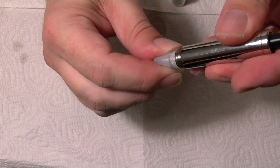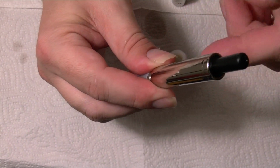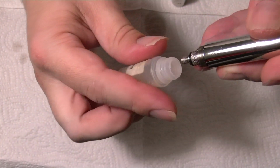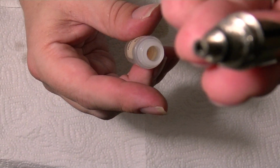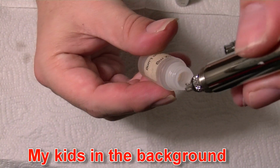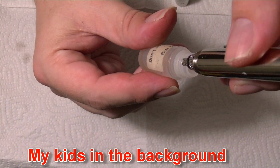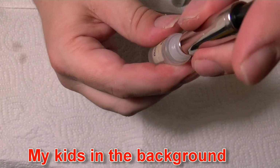Now that you have it full, you get yourself a bottle and you take the cap off. And what's going to happen is, because there's a little hole on the side of that 901 atomizer, and as you're filling, it's going to fill it up a little bit. So you take it out and you stick the unit in the bottle, and it should drip outside that little hole a few drops, maybe 0.1 milliliter, I don't know, just a few drops. And after it's done dripping,